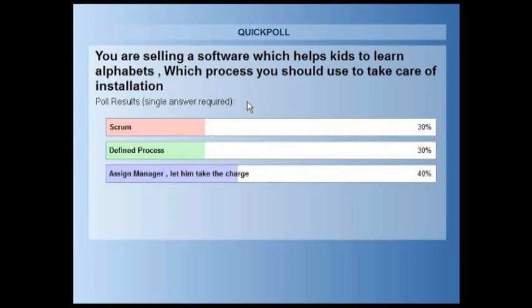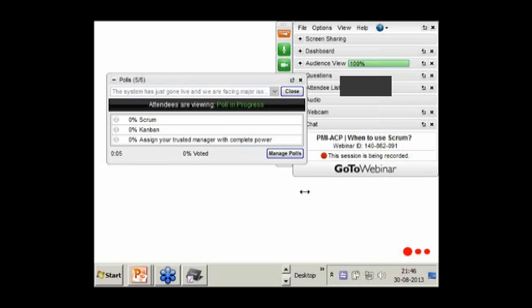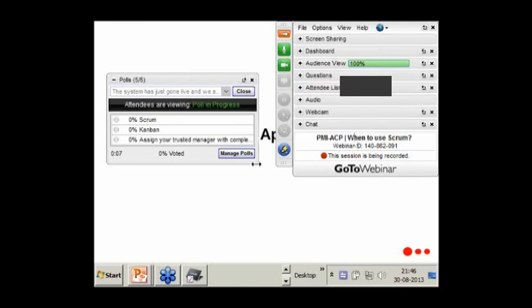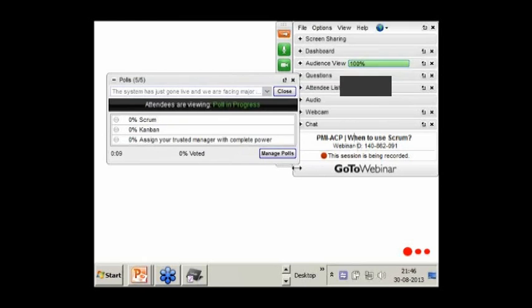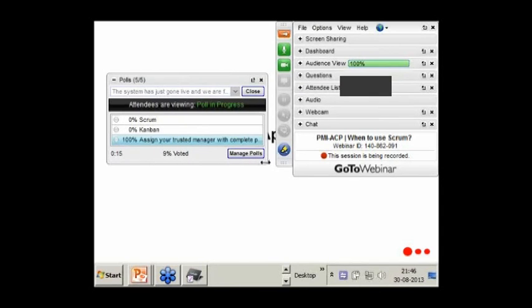Okay, so final poll. Now you made the system either following Scrum or following a defined process, but finally when you went live, you are facing major problems.